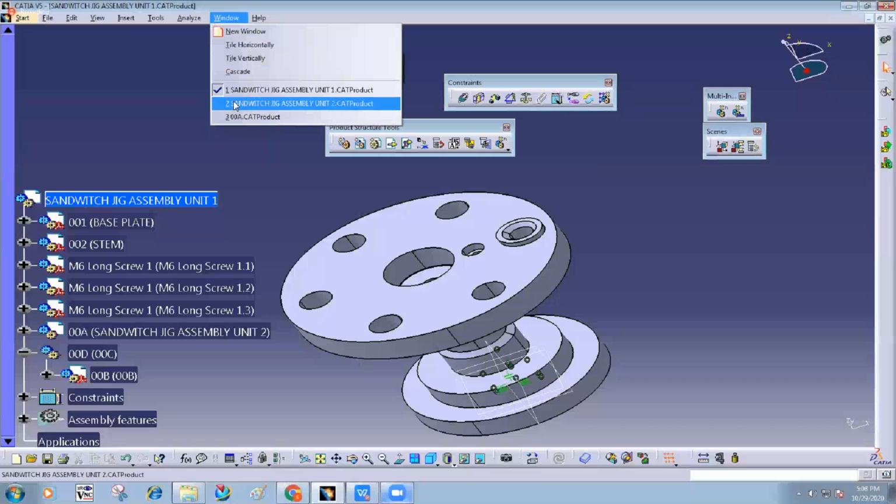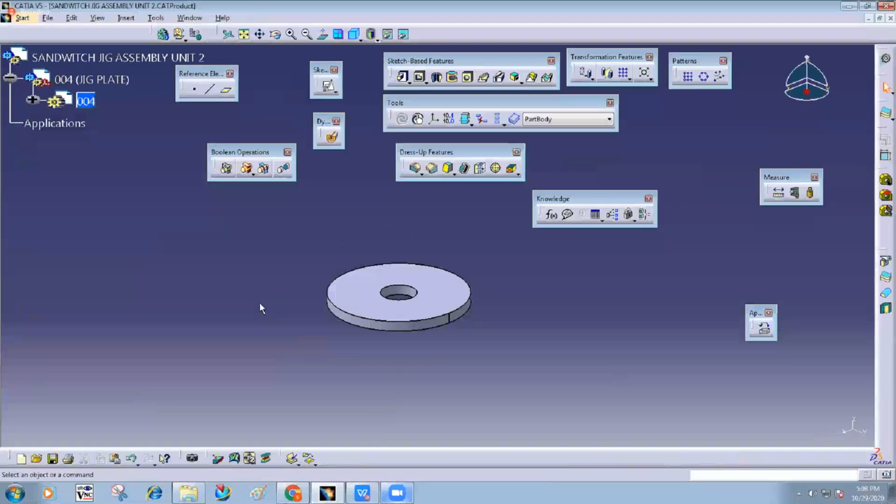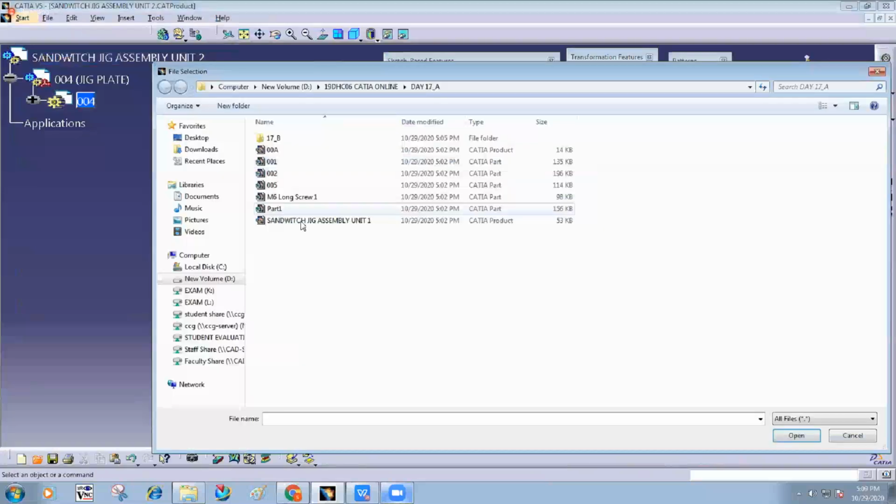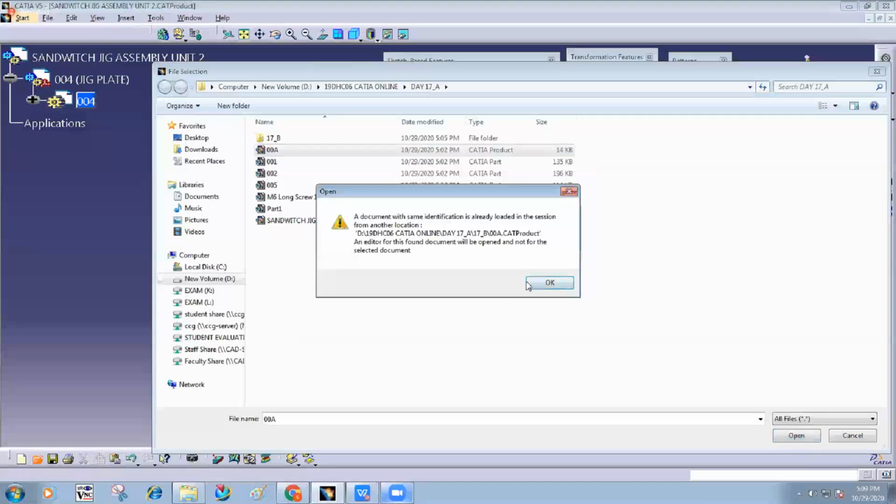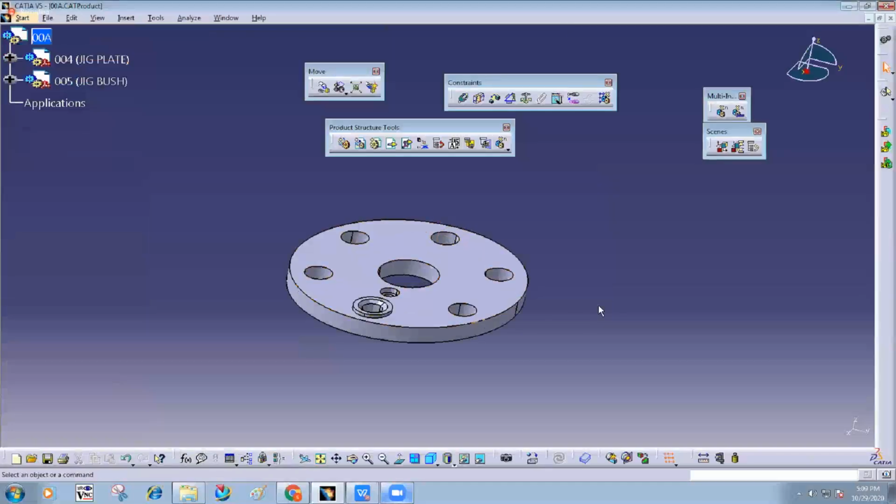Okay, so the assembly units are different and lots of parts are there. In that situation, sub-assembly creation is a better option. When I open this unit number 2 separately, sorry, this one is 00A, I will get only these parts. I can continue to design the parts from this reference only. No need to open the entire main assembly. Because in industry there is complexity in the assemblies, lots of parts are there. It will take time to open it. So it is always better to go with product sub assembly to manage your data.